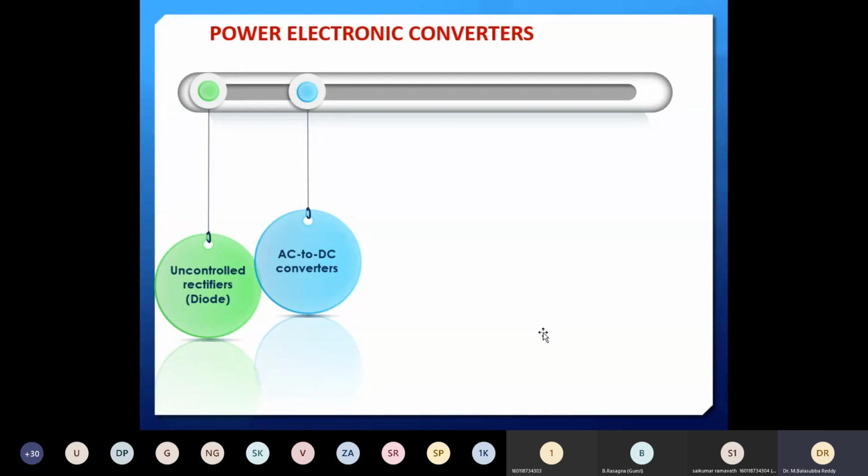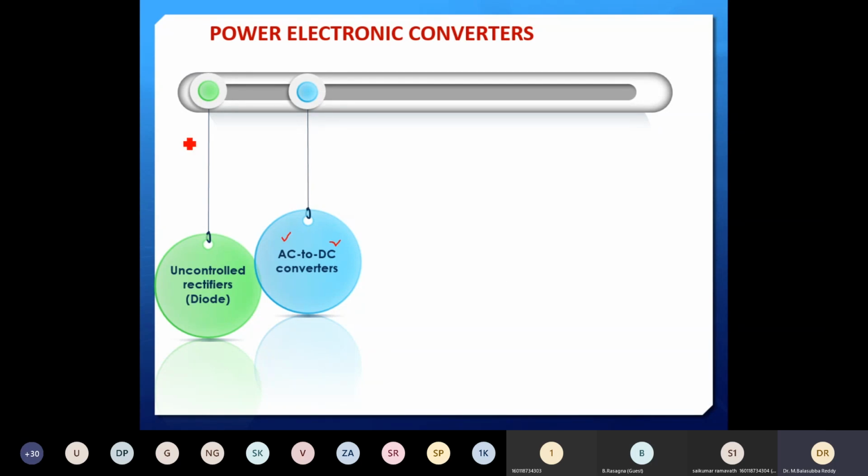What is another name for this? I explained in detail in the syllabus. AC to DC converters are also called a phase controlled rectifier. So the phase controlled rectifier function is it will convert fixed AC to variable DC. So whenever you say something is a controller, the input side is a fixed one, the output side is a controllable one. You can see that input is AC, it is a fixed one. This output is DC, it is a variable one.